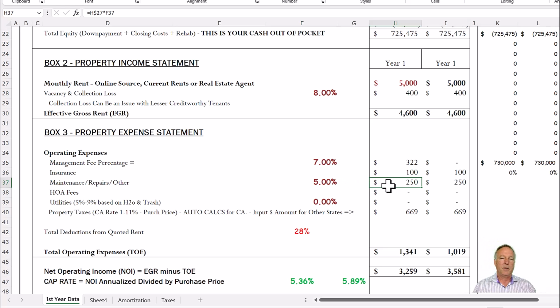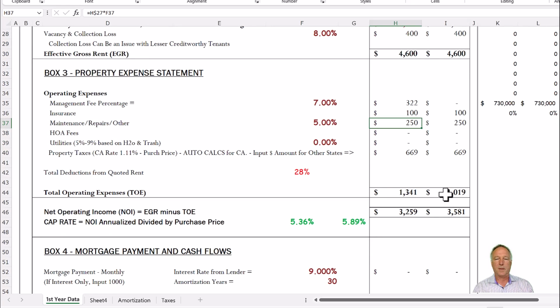Maintenance and repairs budgeted 5%. In an older unit, I probably should have budgeted a little bit more, but my suspicion was I'm going to be knocking down the back unit anyway. So I thought that since they had rehabilitated the front unit, this was a safe number to use. There's no HOA fees. Utilities, the tenant pays all the utilities, and that's huge. That makes a big difference here. So it came down to total operating expenses of $1,000, meaning I had $3,500 a month, which is